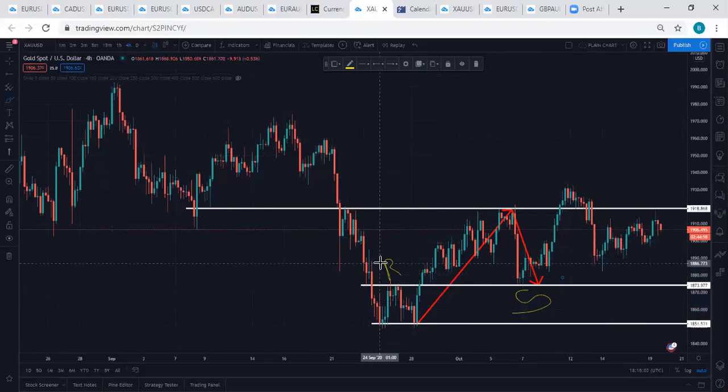So this is what we say: history always repeats itself in the forex market. That is why you must know how to draw your support and resistance. So if I was in this kind of market now, as this opportunity, this market hits this resistance and it came down, I'll be looking for an opportunity to buy gold here. Why will I want to buy gold here? Because history always repeats itself. In the past, it was a resistance. In the future, there's every potential it can be a support.